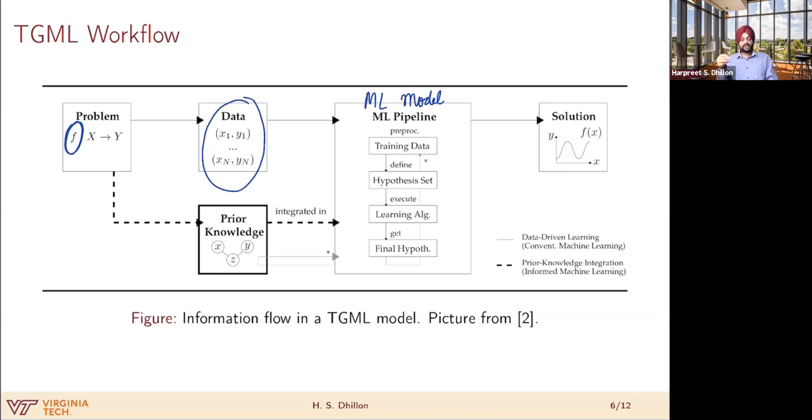So in this paper, they are going into some more discussion on feature engineering. That's why you see a few more blocks here, but that's not really required for what we want to do. Now, in theory-guided machine learning, in addition to observing f, this unknown function, through data, we might also have some prior knowledge about this function f that we are interested in learning. So we integrate that into the machine learning model, and then we get the final hypothesis. We will see how we can integrate that. That's going to be the topic of the rest of the slides.